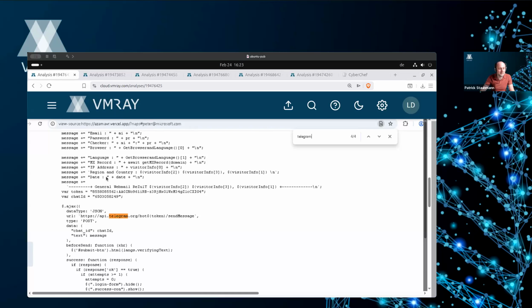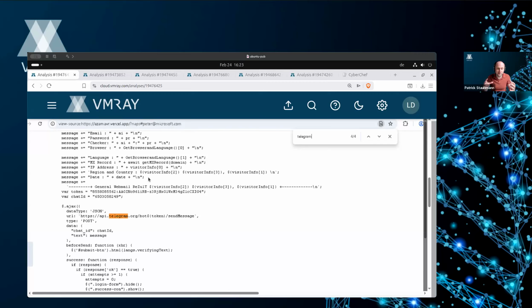What you can see here is that they are building the message for the command and control server, which in this case is Telegram, as you can probably imagine. They collect the entered email address and password. They even go further and collect information on the browser, the language, the IP address of the visitor, and even country, region, date, and so on.